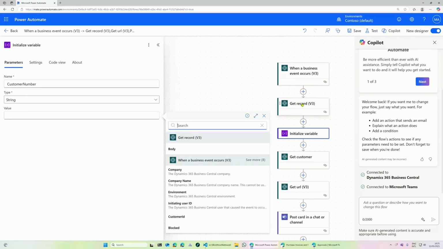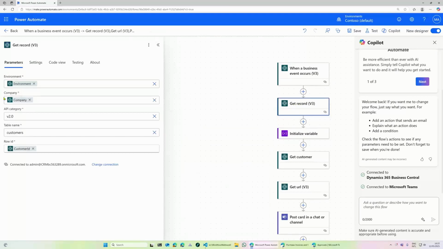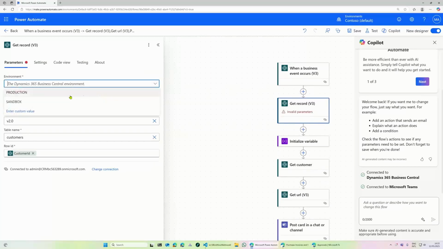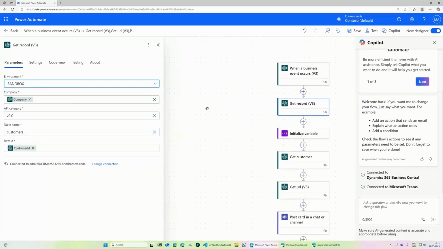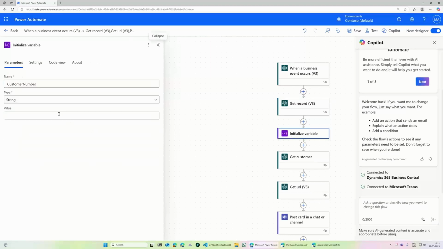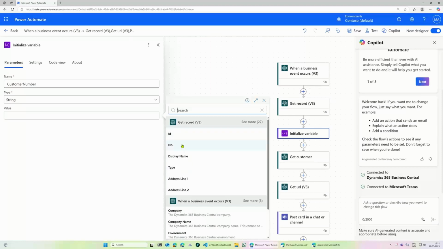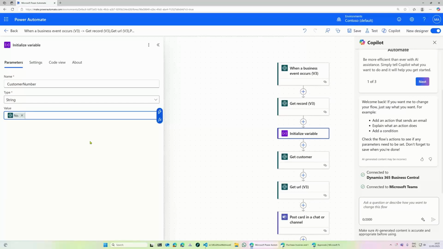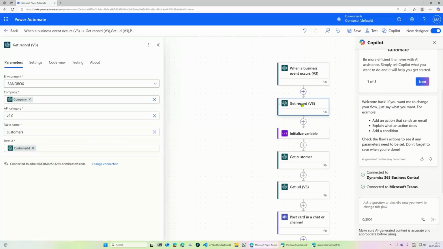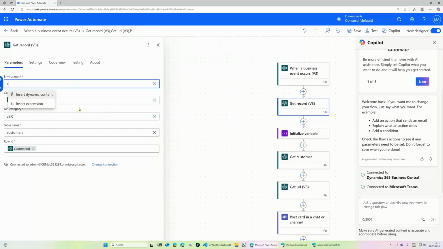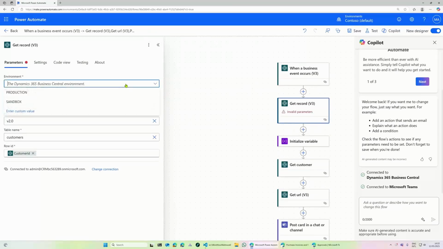So how am I getting here the number of the output for the get record? Well, the only way for me to do this with a dynamic value would be to go back into this step and then instead of using a dynamic value, take the hard-coded value. And now if I go back into initialize variable and I want to change the dynamic, and look at this. Now we get the list of fields as the output from get record. So now I have this, I can go back into get record and then say, okay, now I have it. Let's now change this one back to dynamic content.